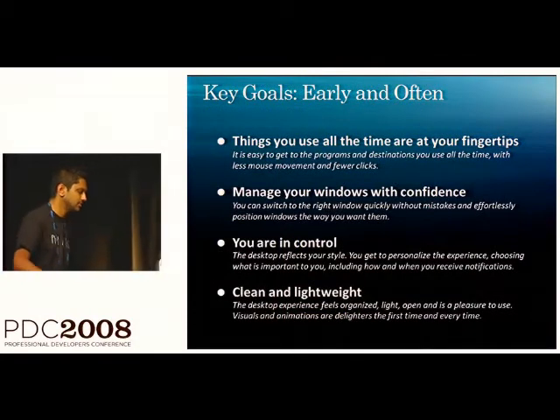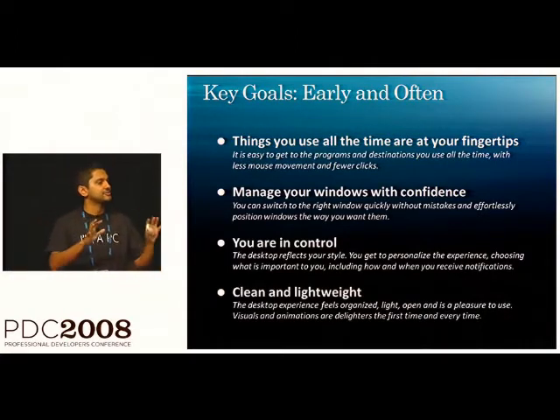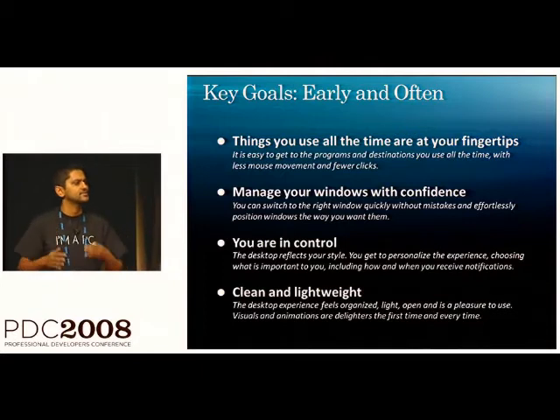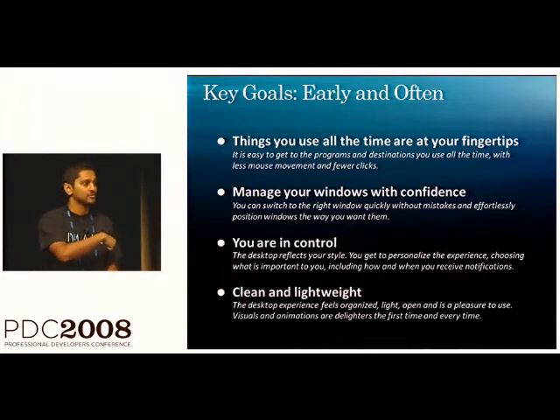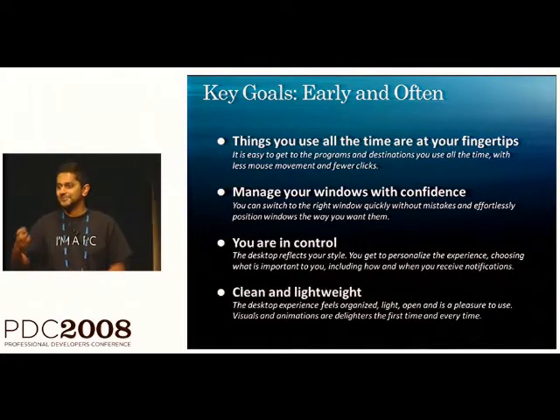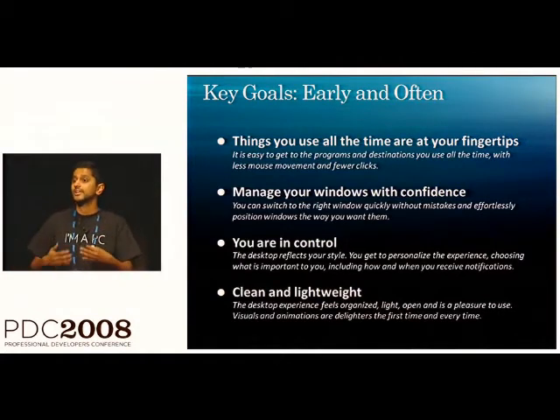And let me just quickly run you through these goals. The first goal I would tell you is things that you use all the time are at your fingertips. Yeah, it sounds kind of nice and fluffy, but no. This is important. We learned in Windows XP, we took away quick launch. No, don't do that. Customers like one-click access. What a great concept. One-click access, things you do all the time. To other types of things you use, like files, we've coined this term destinations.